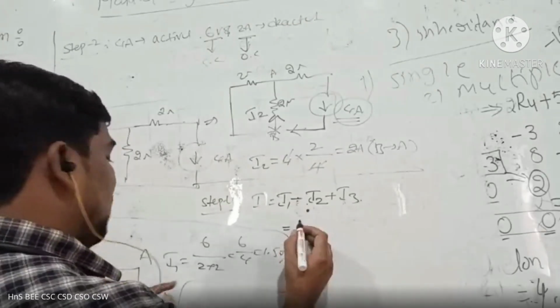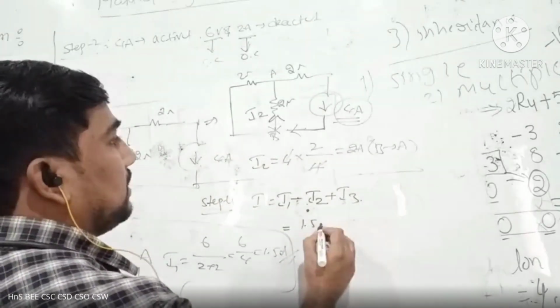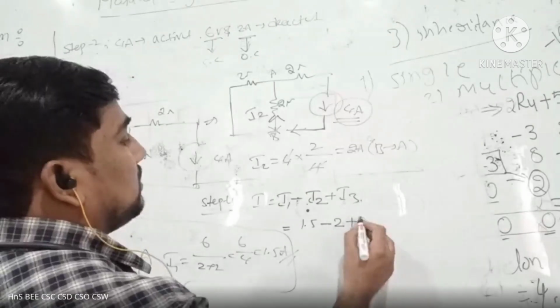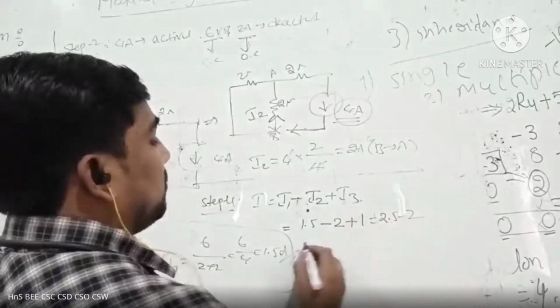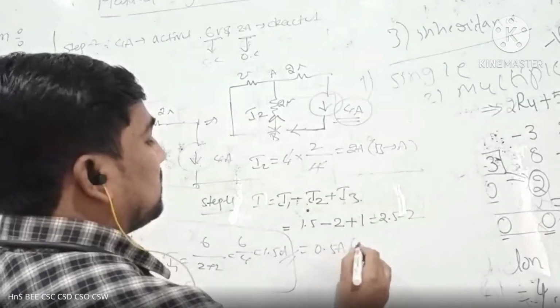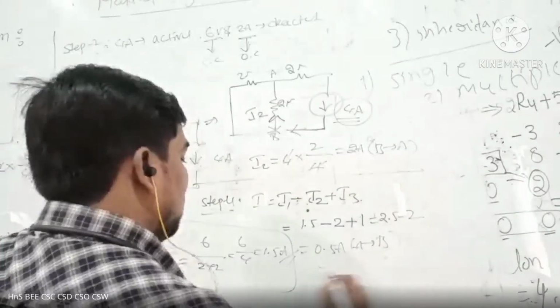Now, I is 1.5 amperes minus 2 plus 1. Then we can get 2.5 minus 2, 0.5 amperes from A to B direction. This is the final answer of the